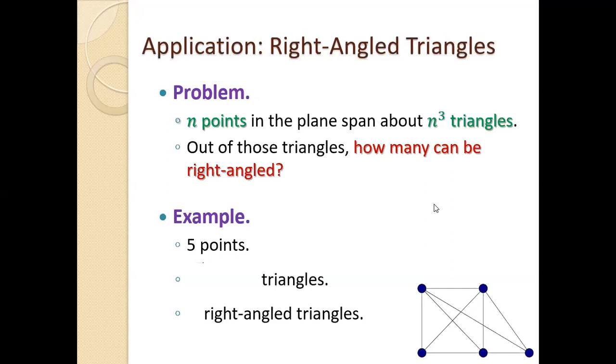Is a nice idea, but not quite. 10. Very good. So those of you who know some basic combinatorics are telling me 5 choose 3, but it's completely fine if you don't know what that means. And it's 10, exactly. Thank you. So many good answers here. Thank you, people. 10. And so that's 10 triangles. Out of these triangles, the 10 triangles I have here, how many are right angle triangles? Can you tell me that?